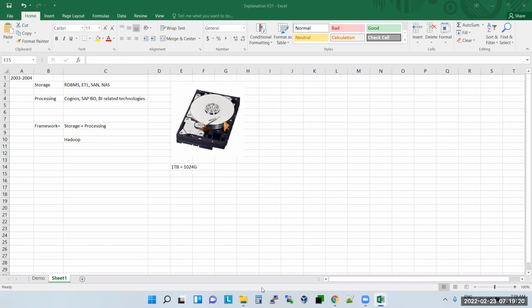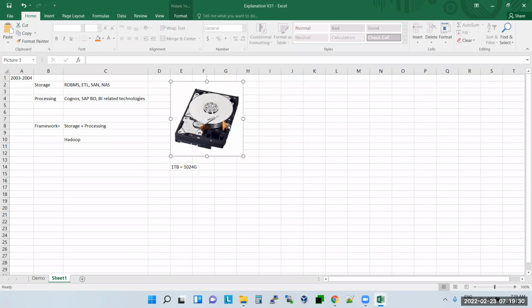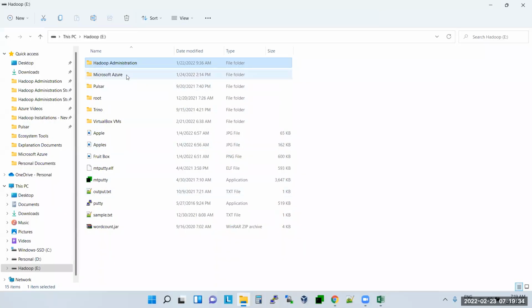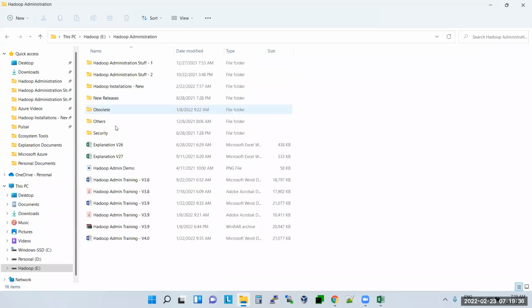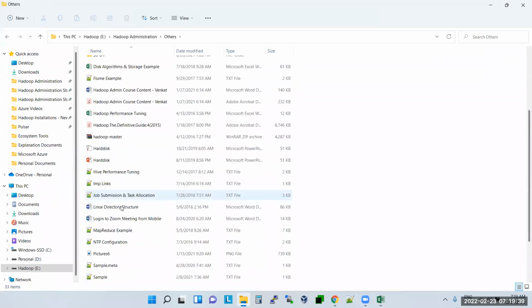Sorry guys. So we were talking about the hard disk. We cannot use this hard disk without formatting it. Correct? What do you mean by hard disk, guys? Normally, when you buy a hard disk, how will it be? What is a hard disk? It is like a magnetic tape. Correct or not? It's a magnetic tape.